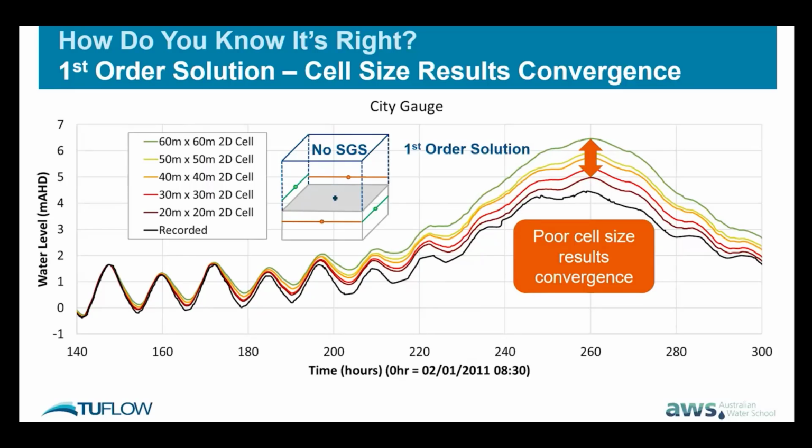So what cell size results convergence, from the best test you can ever do, tells you is whether you've got convergence. Basically, the first thing is, is your cell size too large? And once your results stop changing, that means you're down to a nice cell size to do your modeling at. But it's also characteristic of schemes which are struggling to converge very well into a solution. So you'll see that more pronounced in the first order solution.